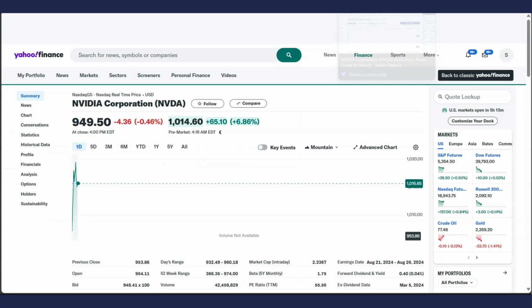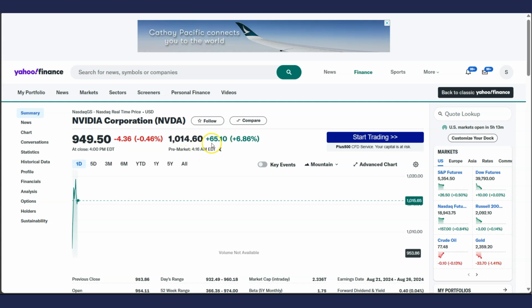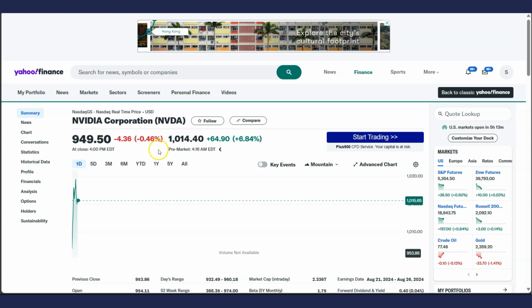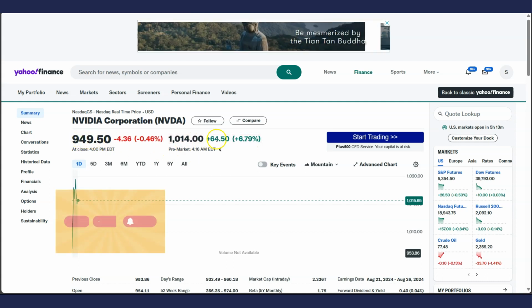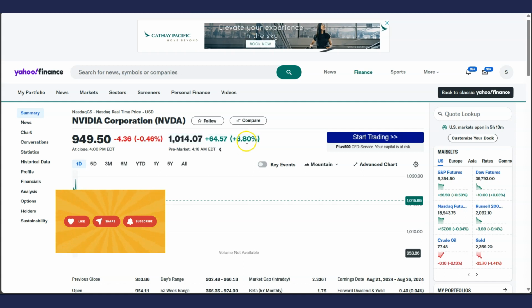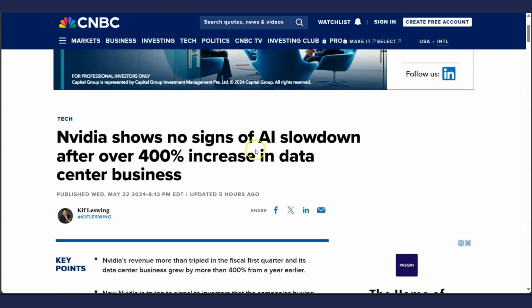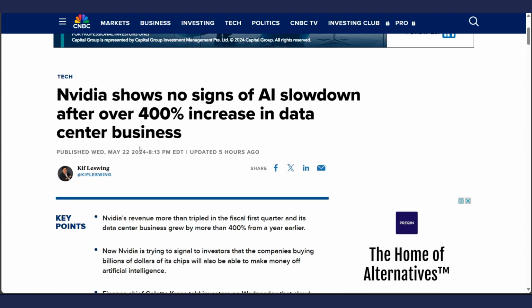Well, after hours, after the earnings, we can see that the stock is up 6.85% at the moment. Closing was 949 before the earnings report, and it is at 1014 at this moment. So it has already broken above $1,000. And CNBC says that Nvidia shows no sign of AI slowdown after a 400% increase in data